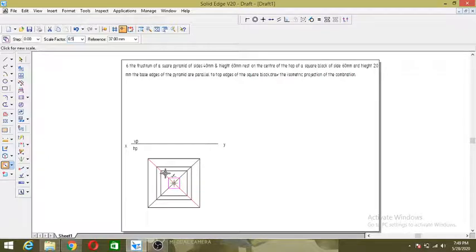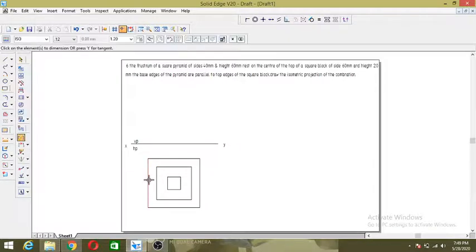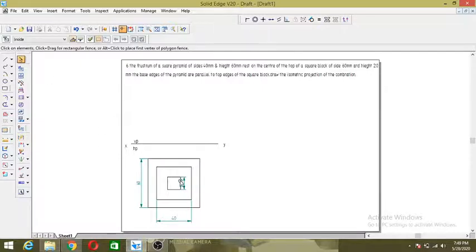See here, when I'm viewing from the top, it looks like this. This is 40, 60, and again this is 20. I made a wrong thing here, so just delete this.